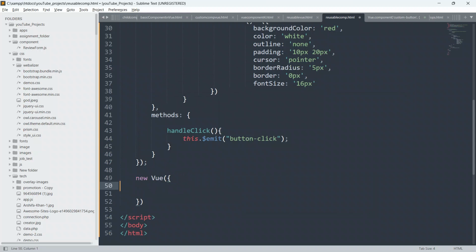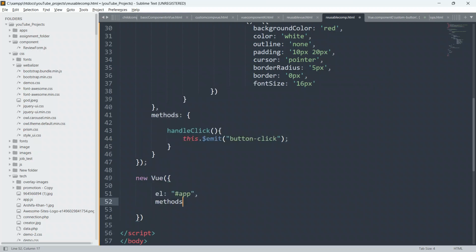Then we have to give el, which means element, colon, double inverted commas, and I will say hash app. So app is the id, guys, because here I have given hash also. Put comma.